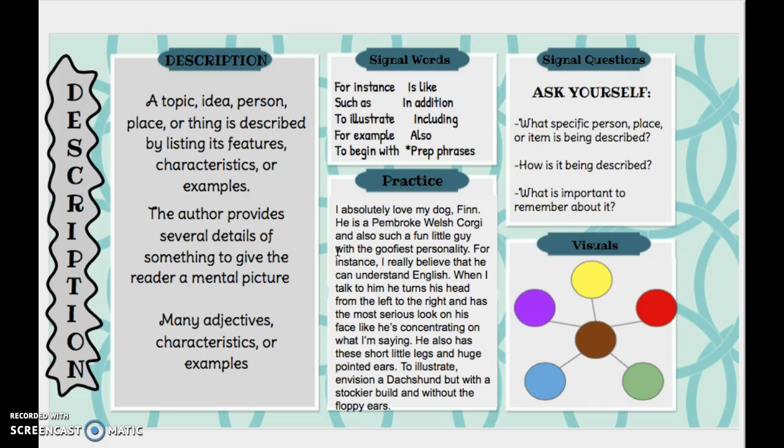He also has these short little legs and huge pointed ears. To illustrate, envision a dachshund but with a stockier build and without the floppy ears. So as I'm looking through, I see a couple